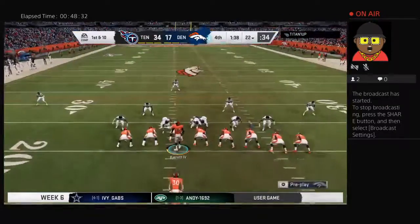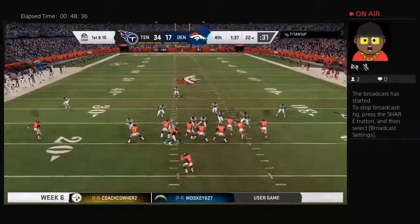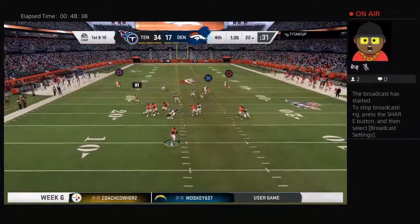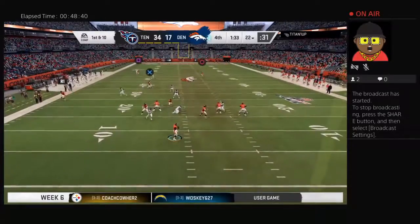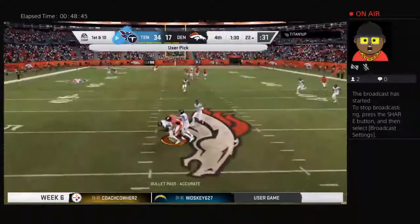Denver offense at the line, ready to go. They're down big here late. I don't know. You just one last drive here for pride. Some people like to do that. I remember playing for a guy once. We were down huge. And his pass is intercepted for the